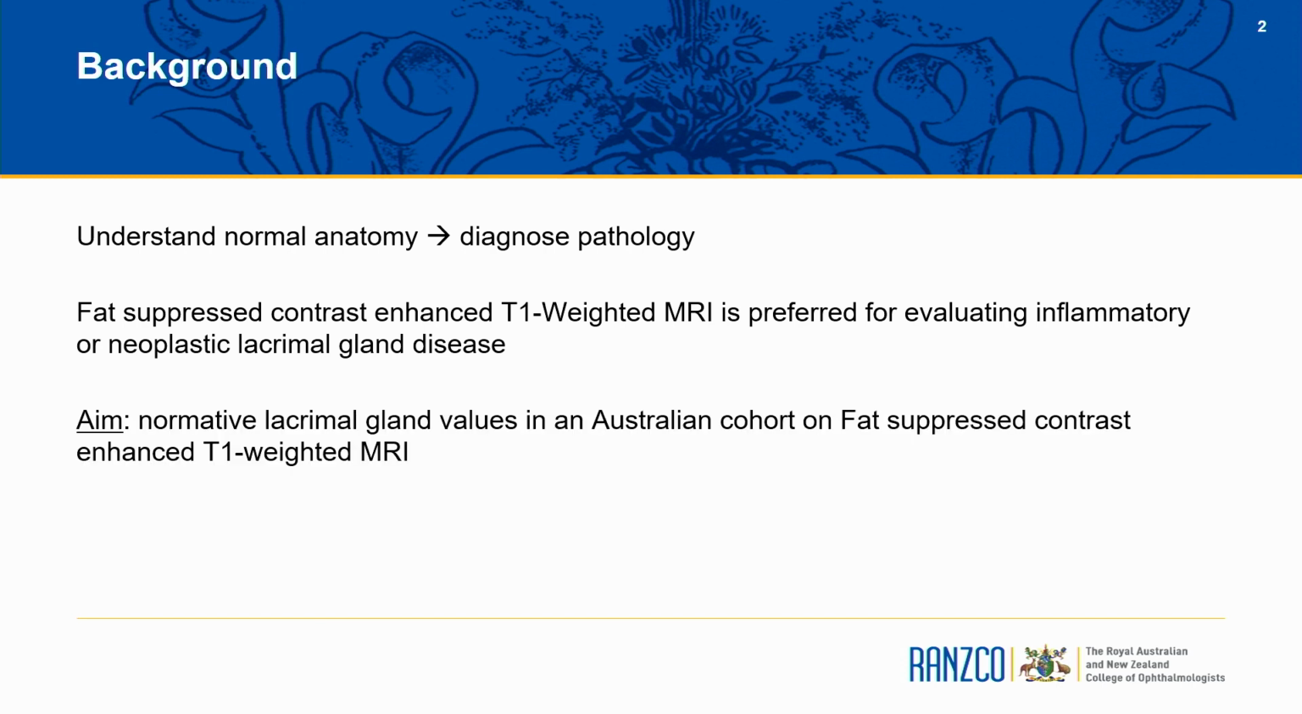And so the aim of our study was to present a set of normative values in an Australian cohort on fat-suppressed, contrast-enhanced MRI and investigate how these may be impacted by age and sex. We conducted a retrospective review of patients who underwent MR of the orbits, who had at least one normal orbit. Patients with bilateral disease, such as thyroid eye disease, or patients who had previous orbital surgery or trauma were excluded